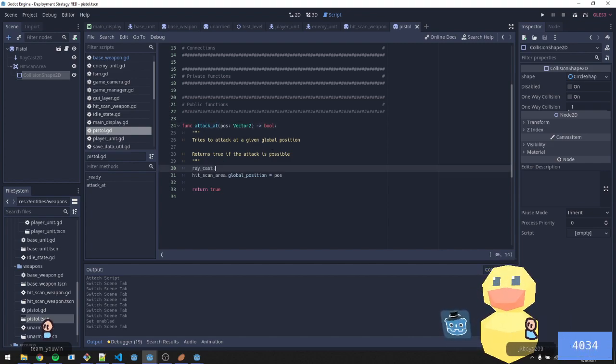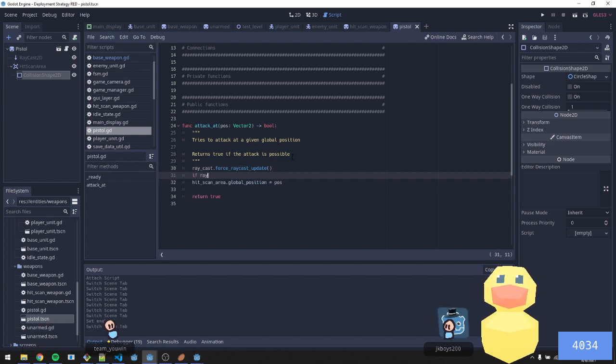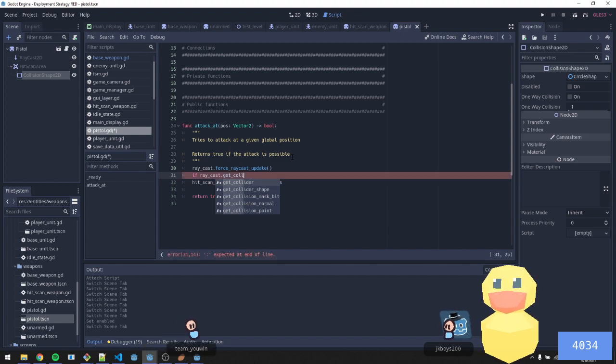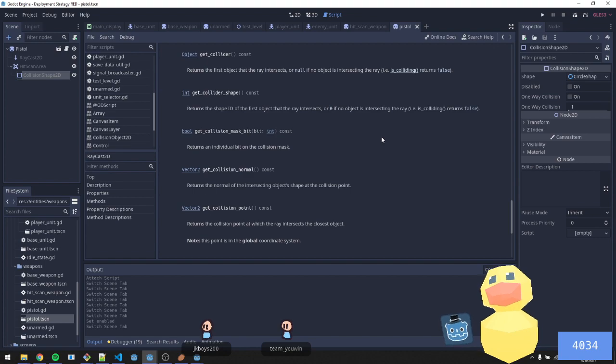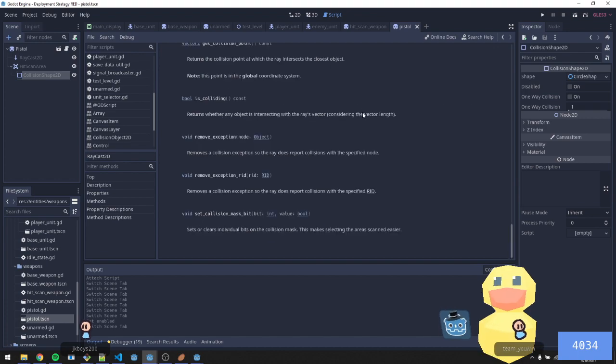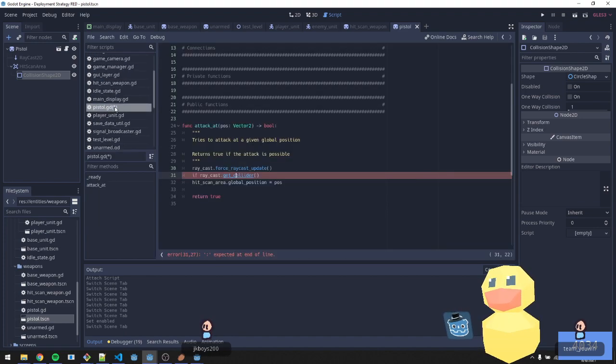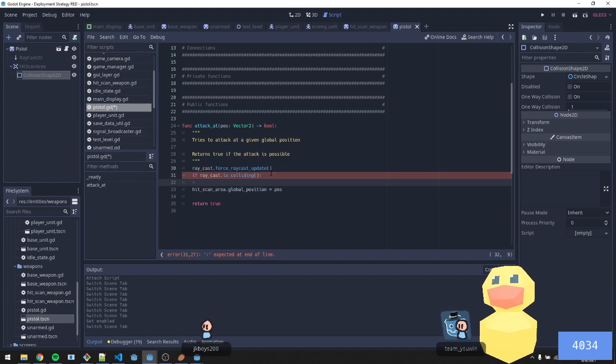So raycast. Force raycast updates, oh baby. And then if raycast, get collision, get collider, get... Wait, what does this give you? Raycast get collider returns the first object or null. Is colliding. If is colliding. That's how we can do it. So if raycast is colliding, then